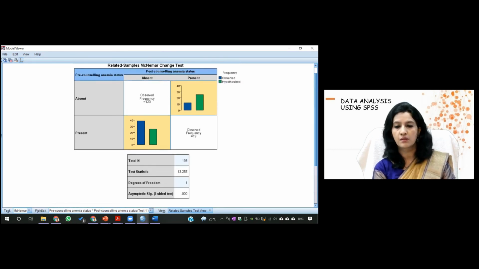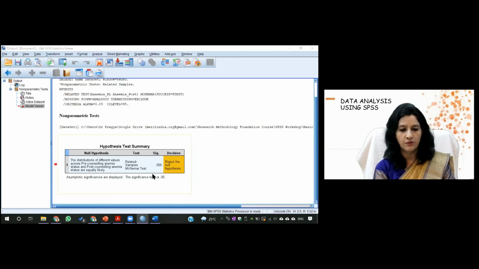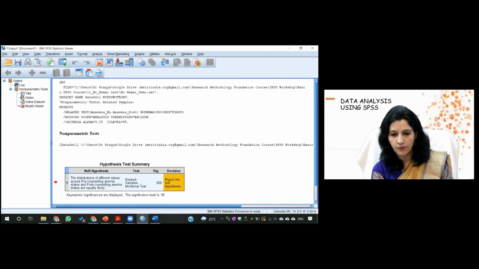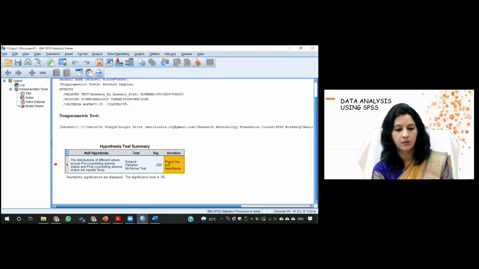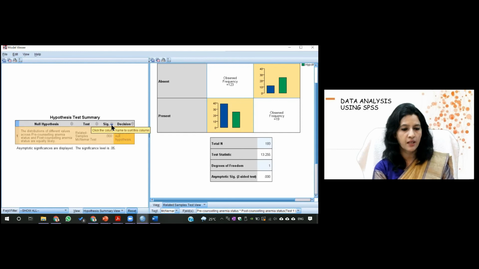Just a sec, I just want to see. Actually, when you keep the cursor here, it shows you the actual p-value, like we did with the other results. But here I don't know why it is not showing.